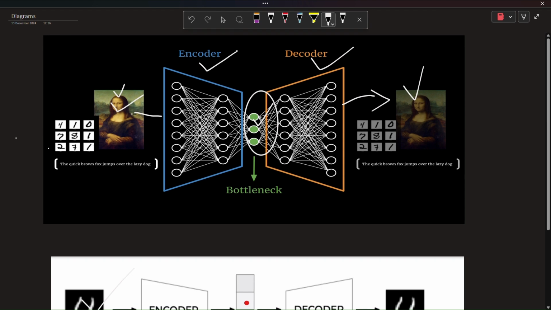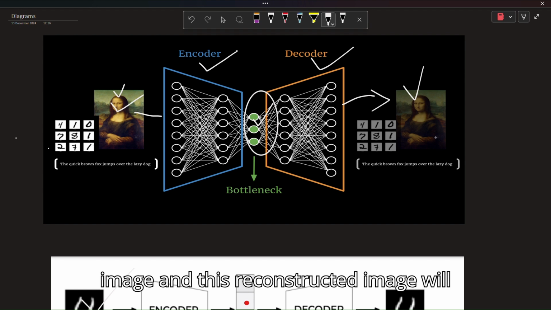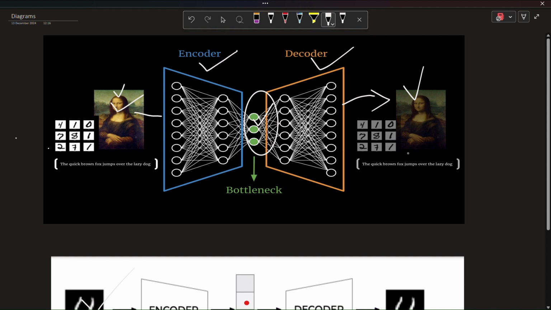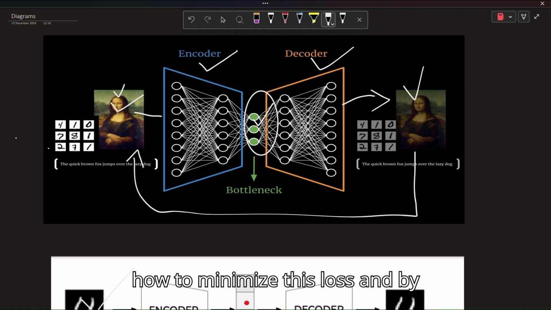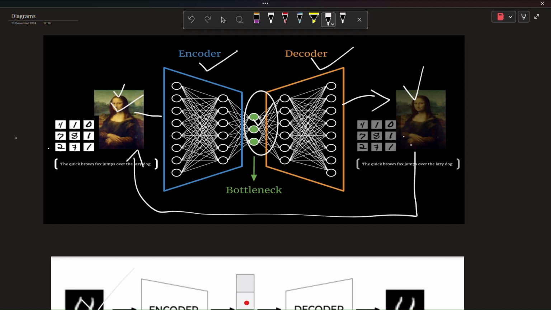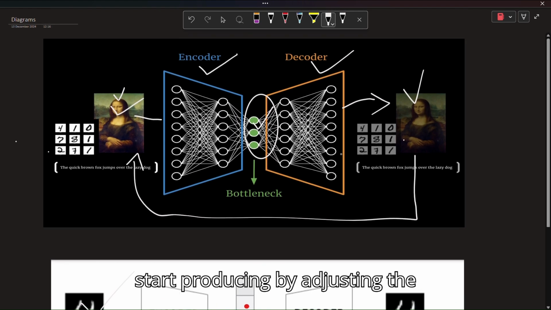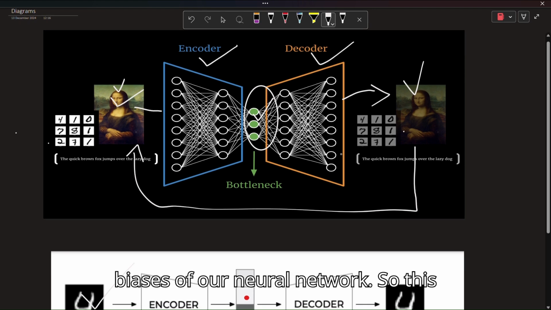In the first epoch, the difference between the original image and the reconstructed image will be very high, and our algorithm will learn how to minimize this loss, and by the gradient descent process it will calculate the loss between these two and start reducing it by adjusting the coefficients of weights and biases of our neural network.